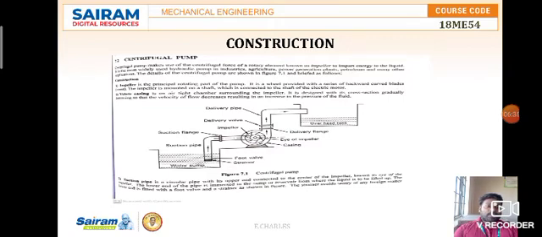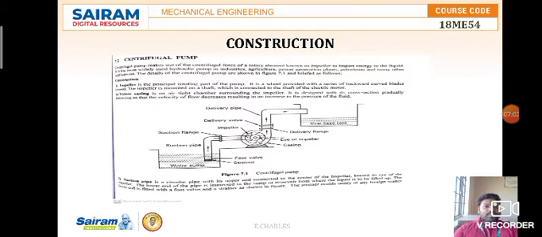Volute casing. There will be a casing, which is vertical. It is also called a volute casing because of the shape of the casing. So what does it do actually? The entire impeller will be placed in between, and water will be sent through the casing. There will be a pressure difference because of the design of the casing. So that is the design of the volute casing.